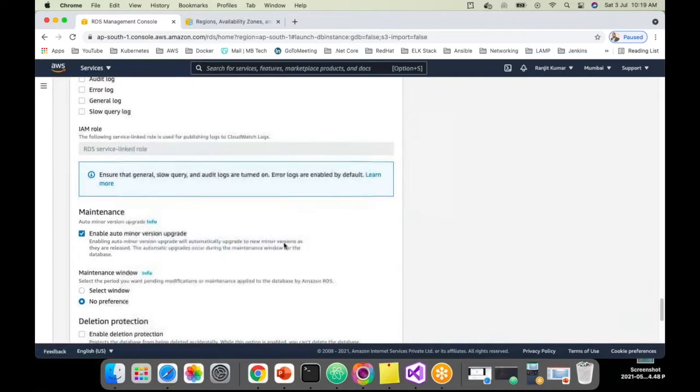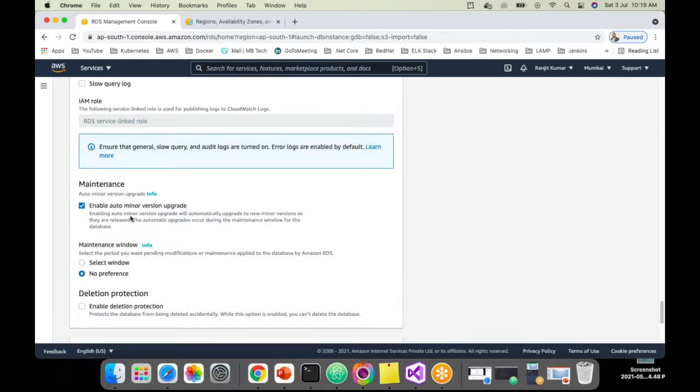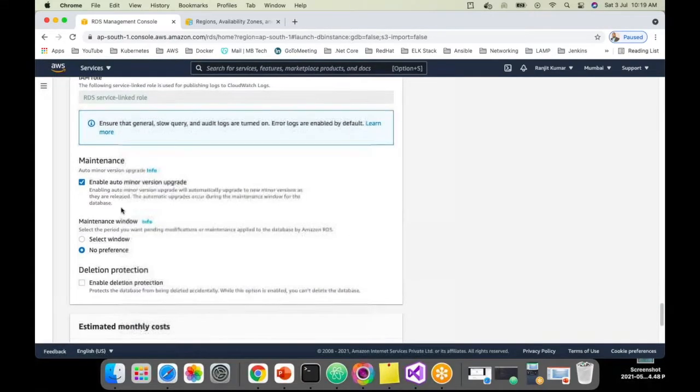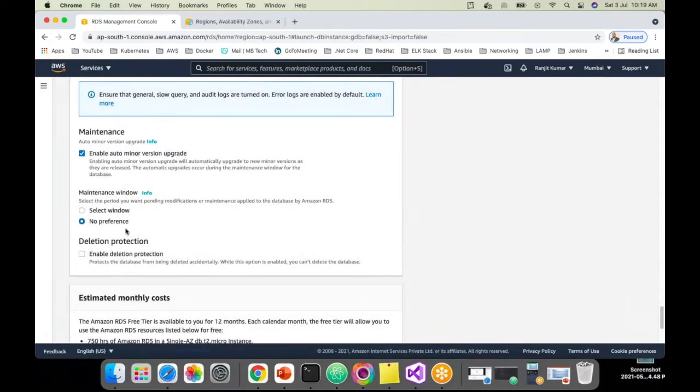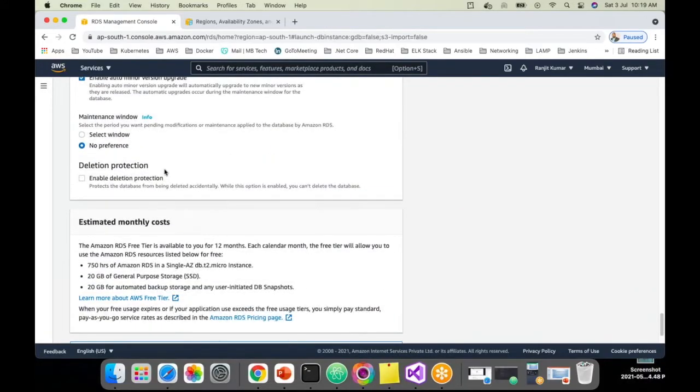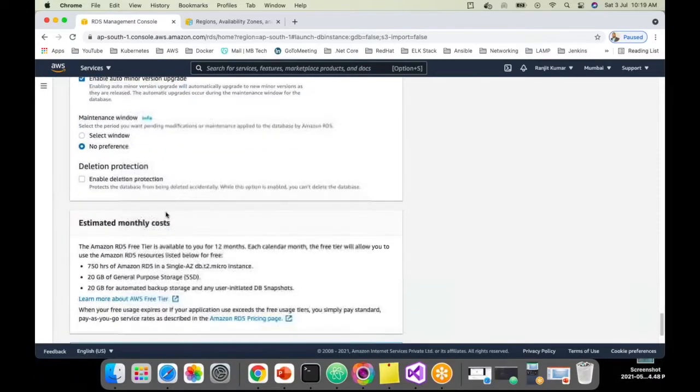So the maintenance also enables auto minor version upgrade, automatically it will be done. For the maintenance window, I have given no preference, I don't want to maintain this one. Deletion protection, this is very much important if you are selecting,